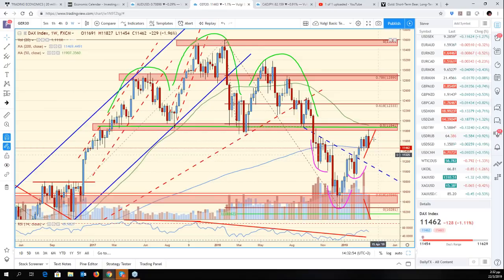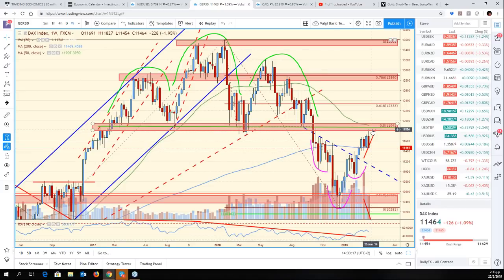An outside black candle is brewing here after getting rejected from such an important level. And this is what our presentation was all about, confluence of signals. And this is a lovely confluence of signals on the weekly chart for the DAX, because not only do we get